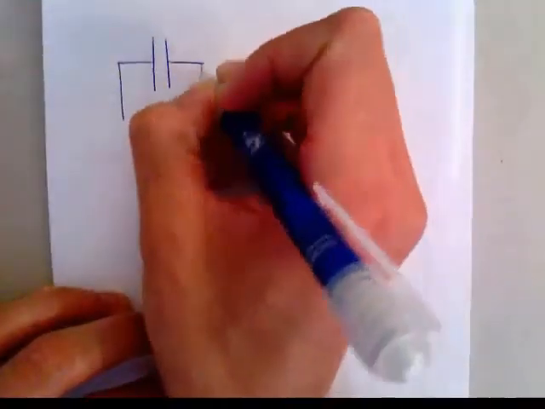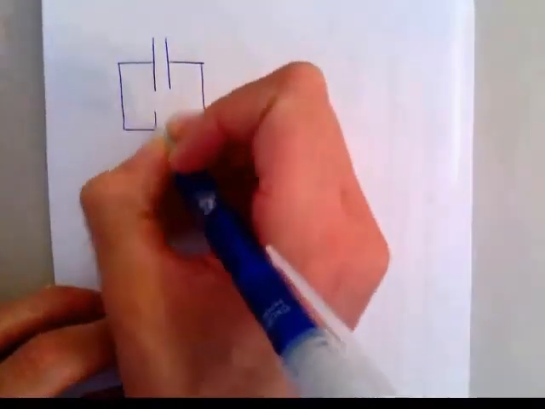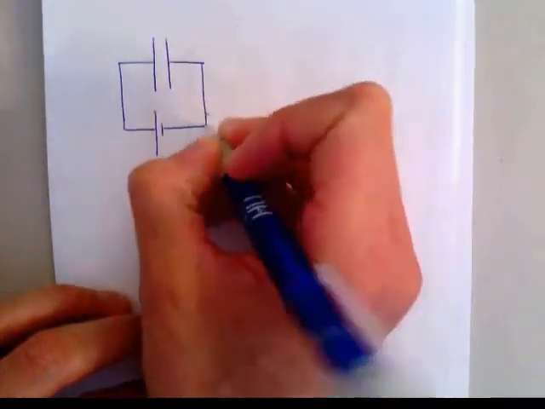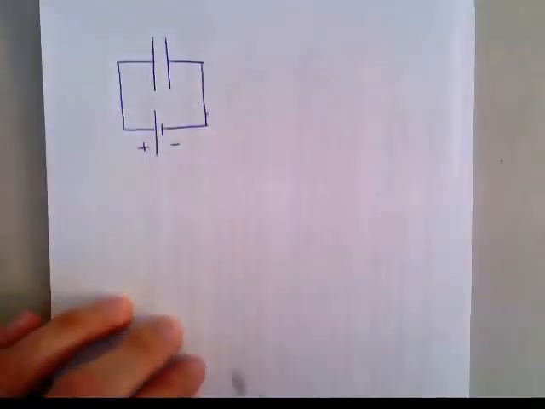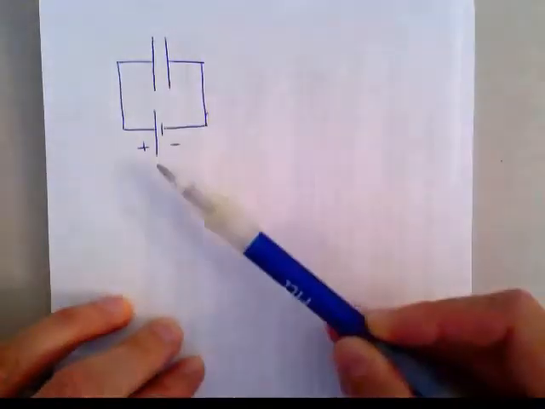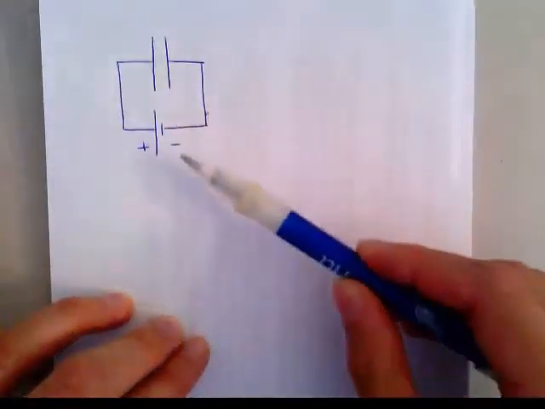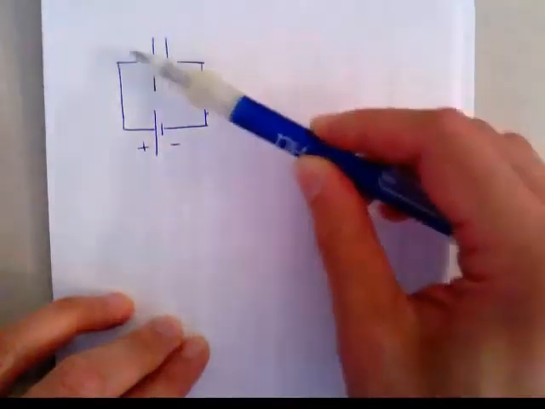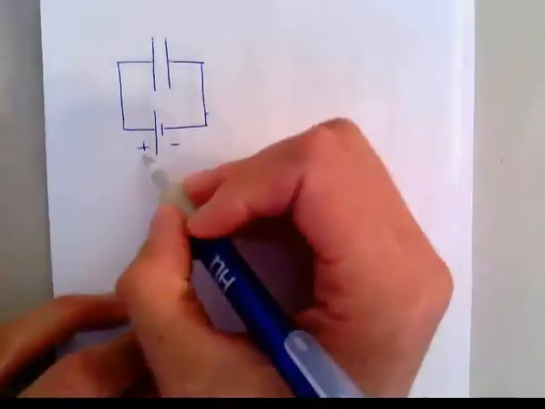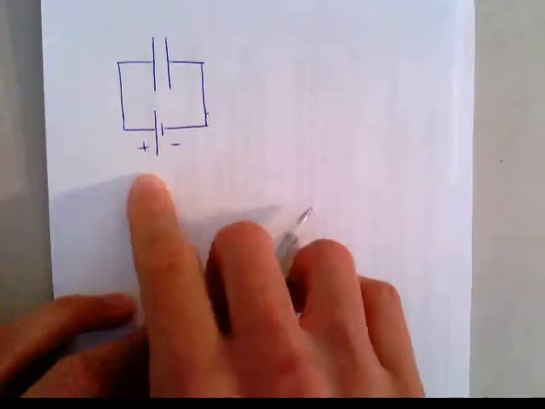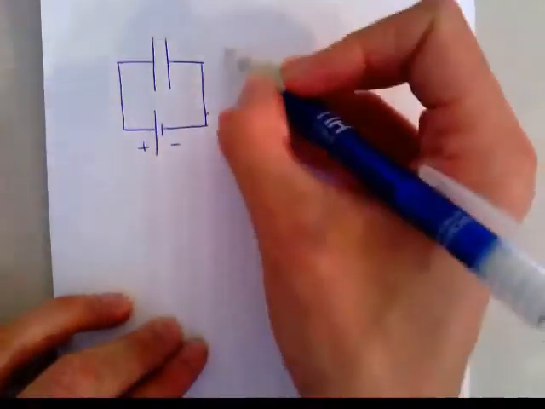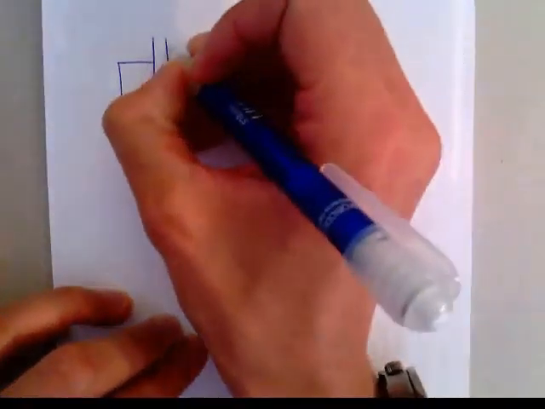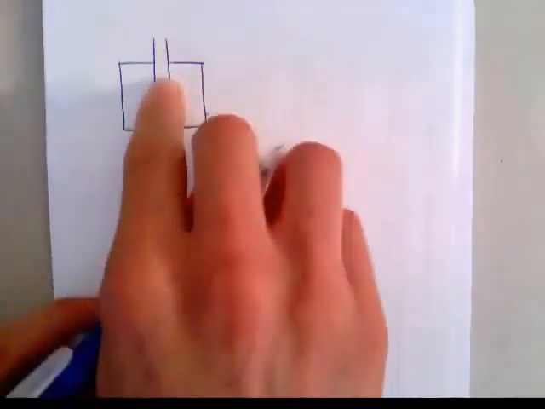Now if you have one of those in a circuit, so I attach a battery or a cell, so this is my plus and my minus. So now you've got this capacitor in the circuit, and what happens is the electrons from here, they move around this way because they are attracted by the positive terminal of the battery. So your negative electrons move around this way, and because you have a dielectric or an insulator in between these